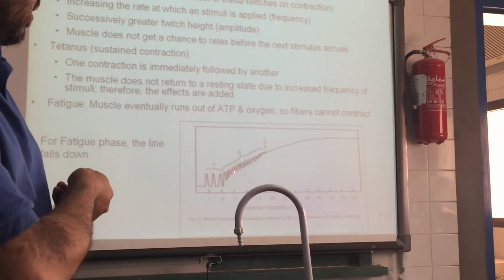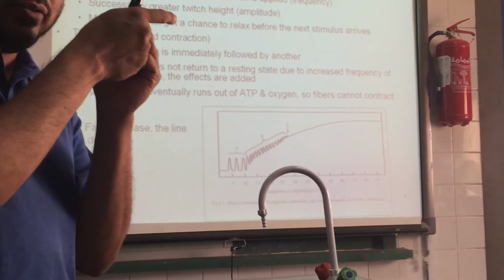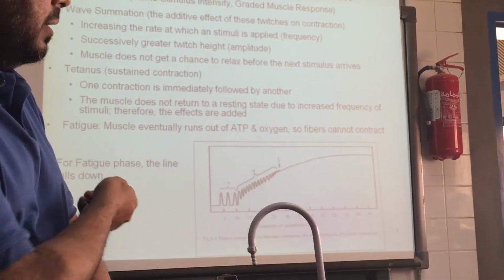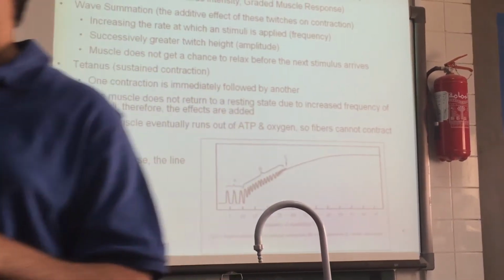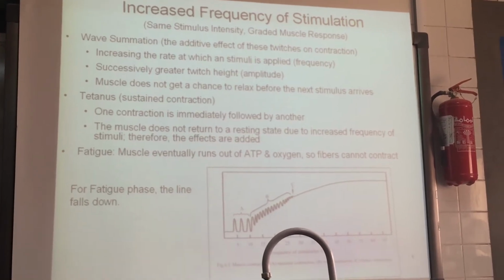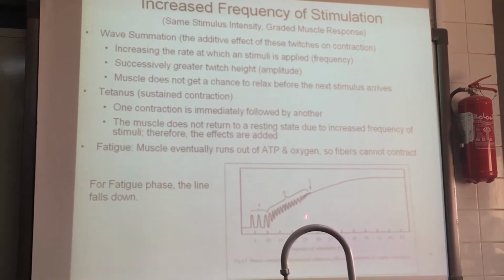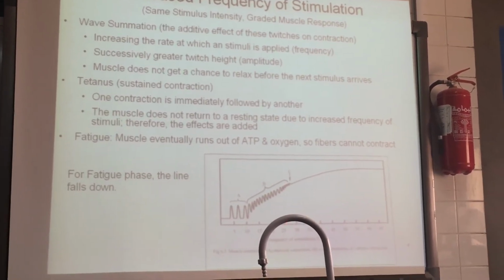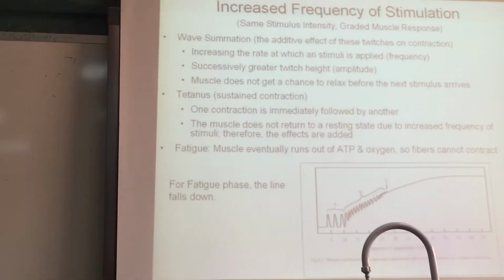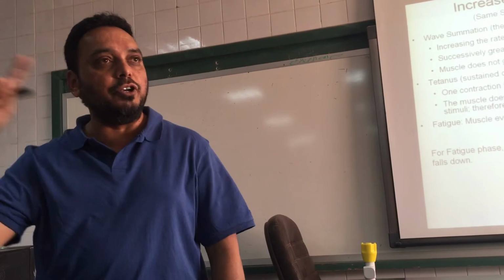Okay? So here the muscle was contracting and again relaxing and again contracting, but as we keep on increasing the frequency, you see that the phases of contraction and relaxation become shorter and shorter, until a time comes when you increase the frequency so much, like for example about 30, that the contraction and relaxation are no longer there, and the muscle remains in a state of continuous contraction.